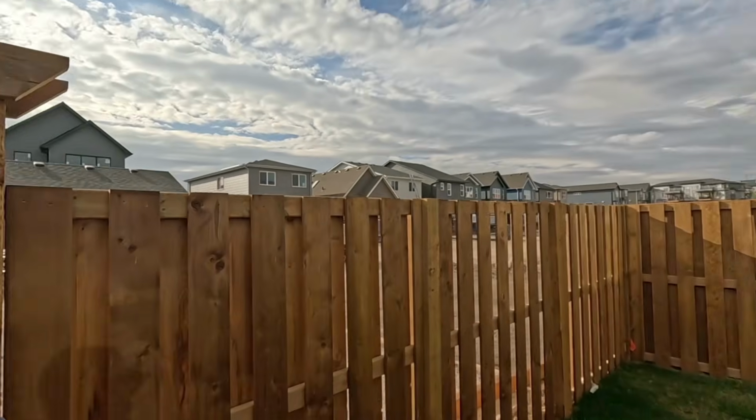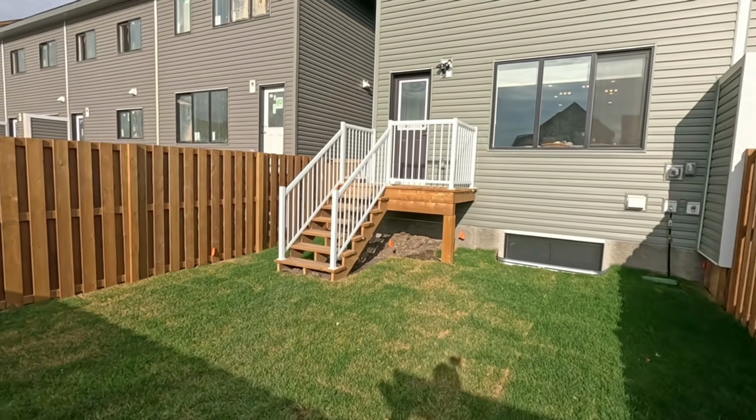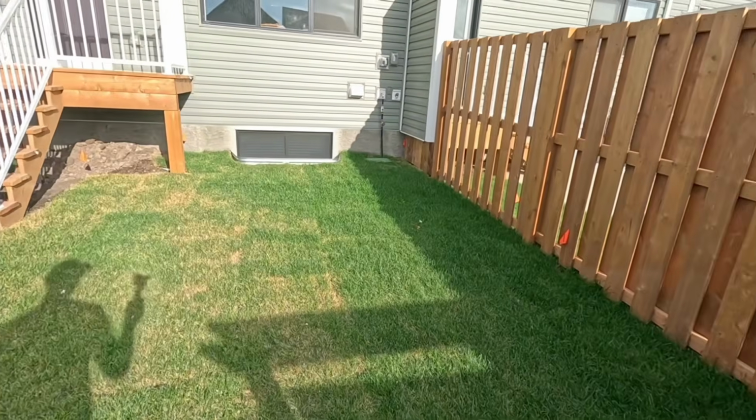This builder in particular does the fencing, and I'll actually take you around to the inside. So you get a backyard with these guys, which is kind of nice. So it's fully fenced. You've got a deck, all the landscaping's done on this one. And then this will be your own private green space here for the freehold towns. Because it's a freehold town, there's going to be more maintenance involved, so you will have to cut your own